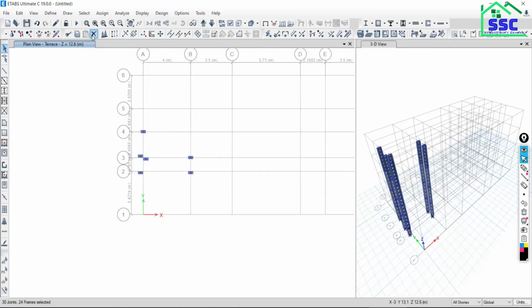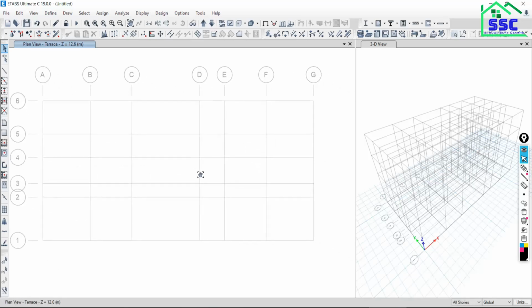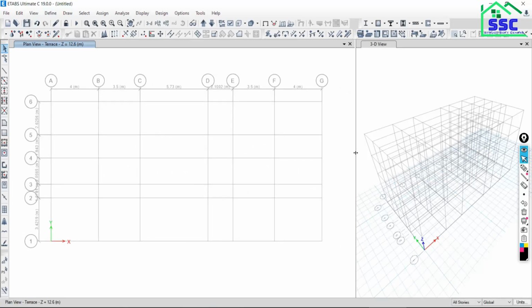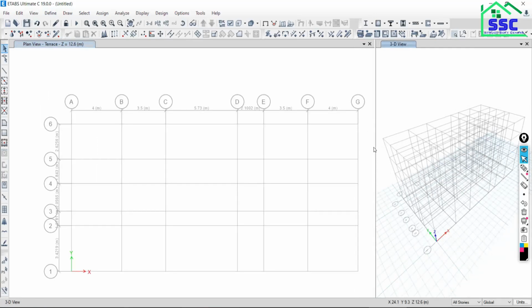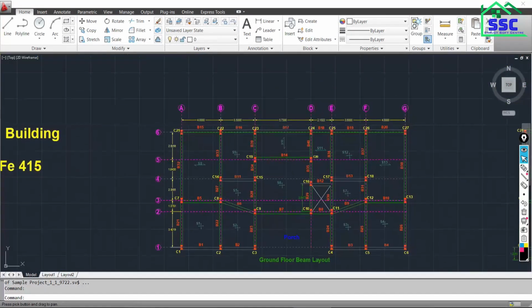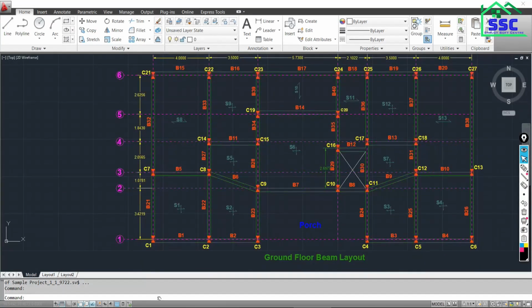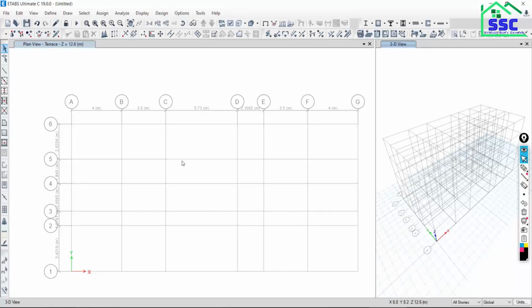Just select all this and delete it all. This is done. Now next, we actually have to model the column. Go back to your beam layout, and in reference to your beam layout, you have to position your column. At the intersection of grid A and grid 1, there is a C1 column. So go back to ETABS, and at the intersection of grid A and grid 1,